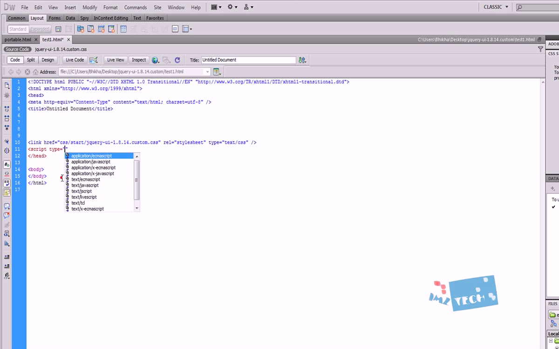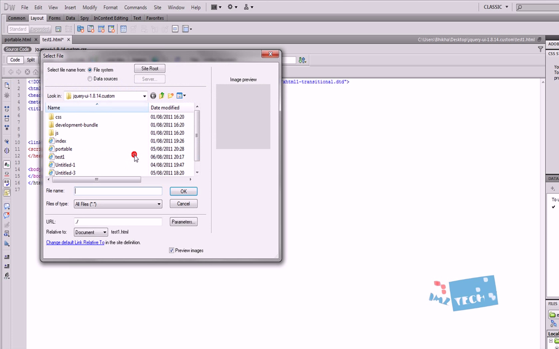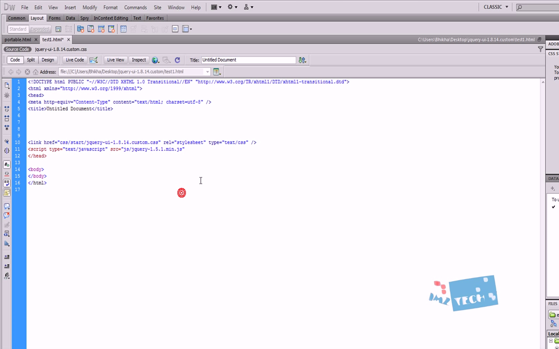And then I need to select a type. The type is going to be JavaScript, and so it's text/JavaScript, and then the source. So pressing browse, I'm going to go into the JS file and the first one. I've selected the first one at the moment, and then I'm just going to close my HTML script tag officially